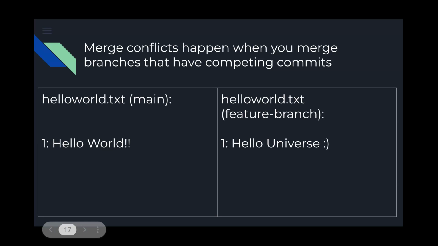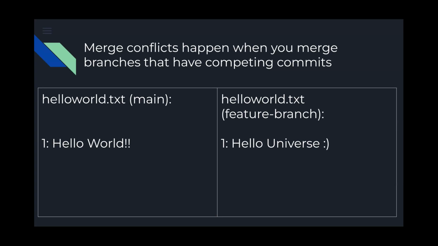And then someone else at the same company said, I want to bring this to a new level. They said hello universe, smiley face. And they both push. One of them pushes to main and one of them pushes to that feature branch. When you merge these together, it is going to give you an error, and it's not actually going to let you merge. This is one of the powers of GitHub.